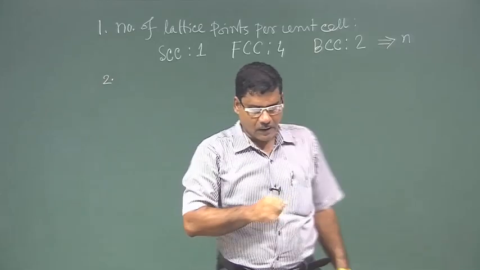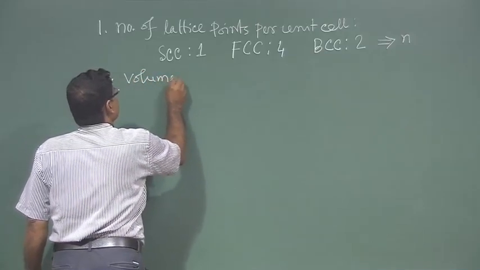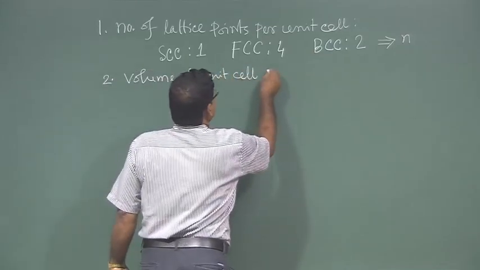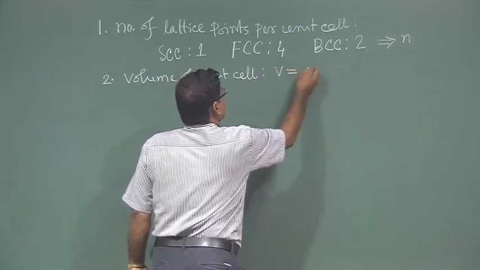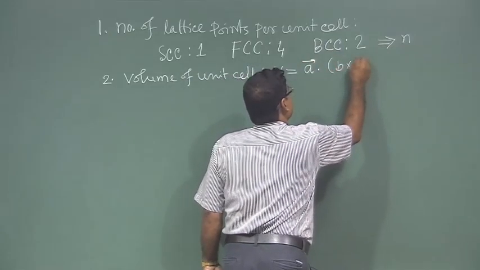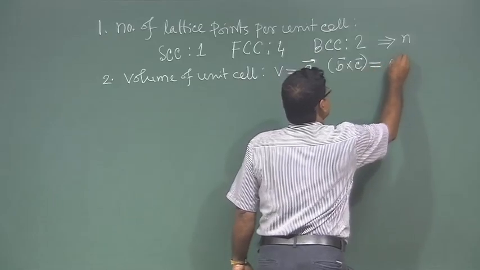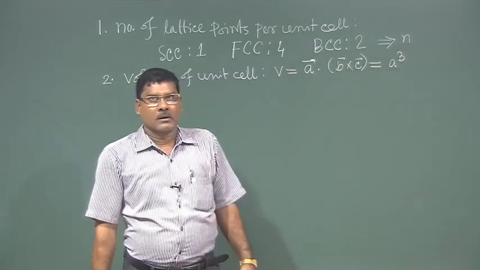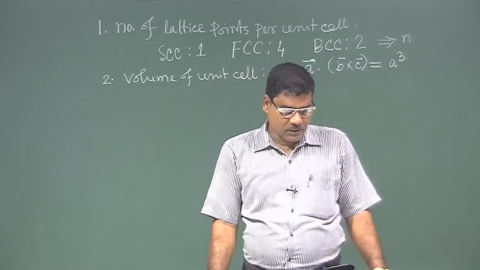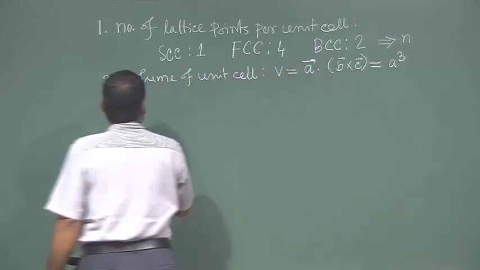calculated volume of unit cell, say V equal to A dot B cross C. So, for cubic system it is basically a cube, and then today we will try to calculate the coordination number and